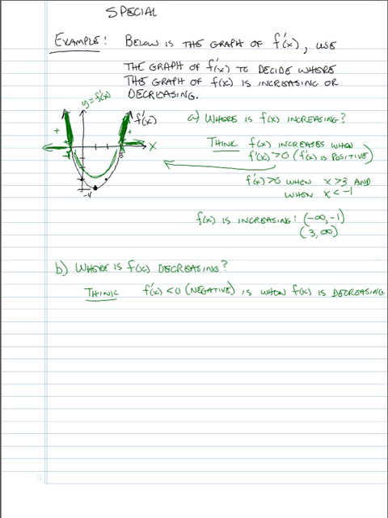And for the part of the graph down here, it's always below the x-axis, so the y's are negative, aren't they? And so we're referring to the x's on this part of the graph, these x's are the x's that give us y's, or f primes, that are negative. And of course, that's the x's between what, -1 and +3? So f prime of x is less than 0 when